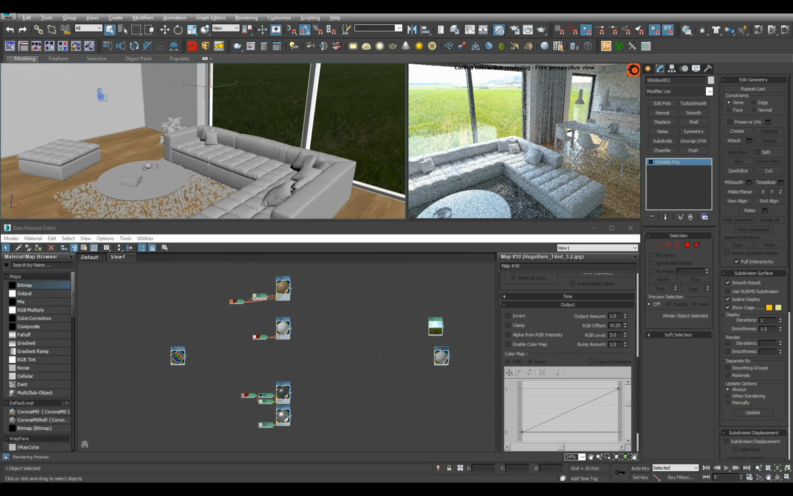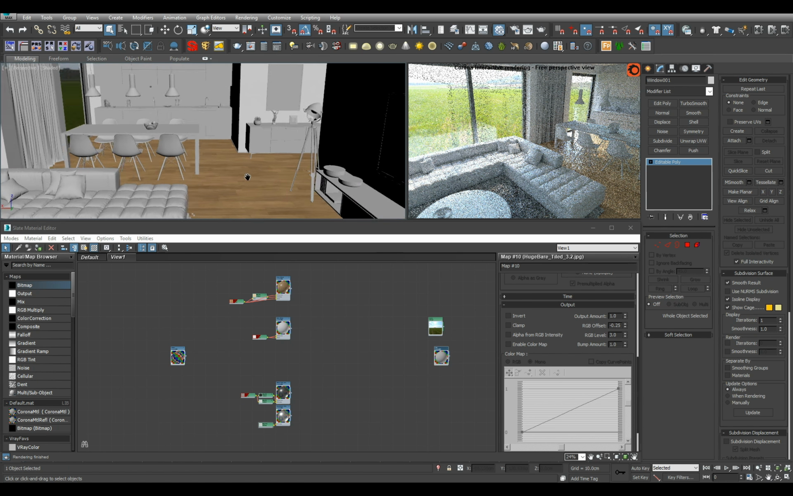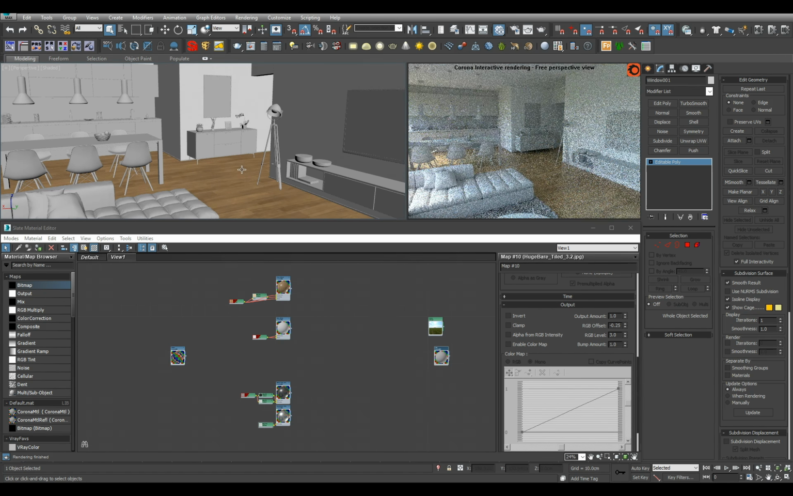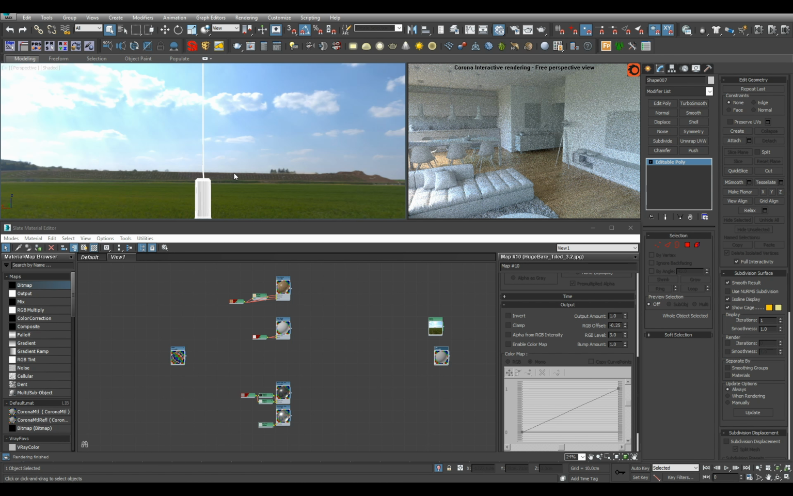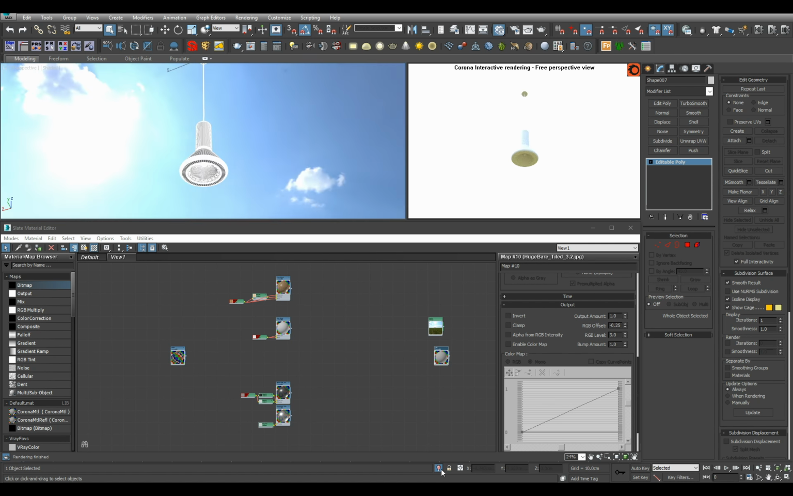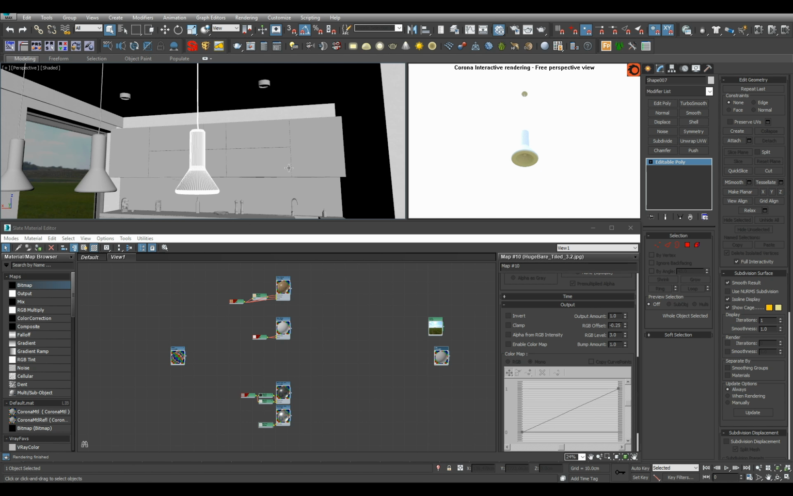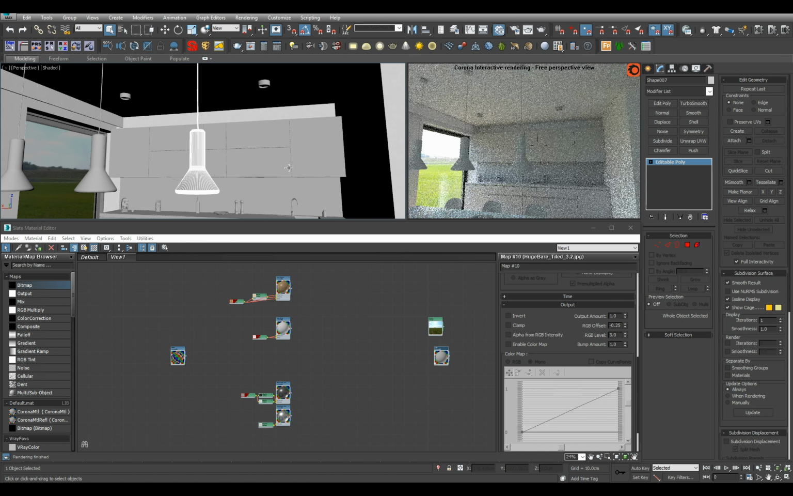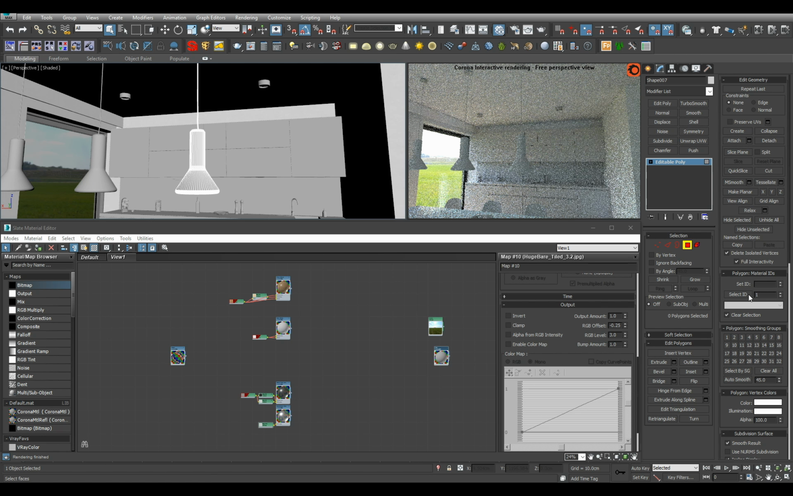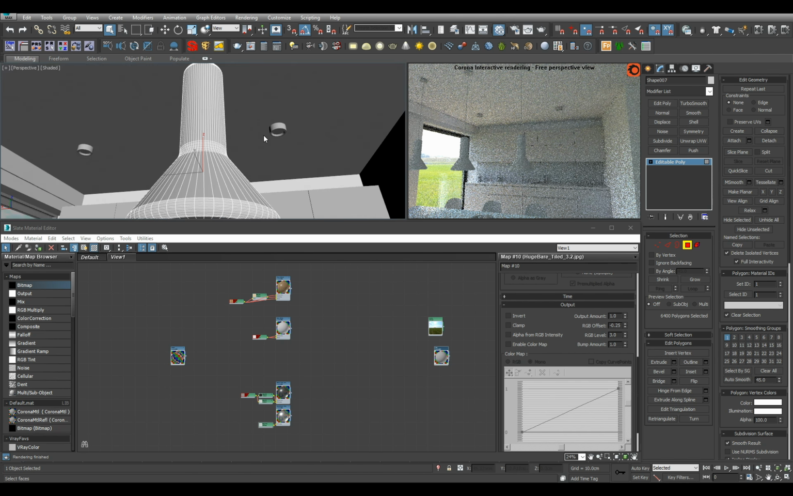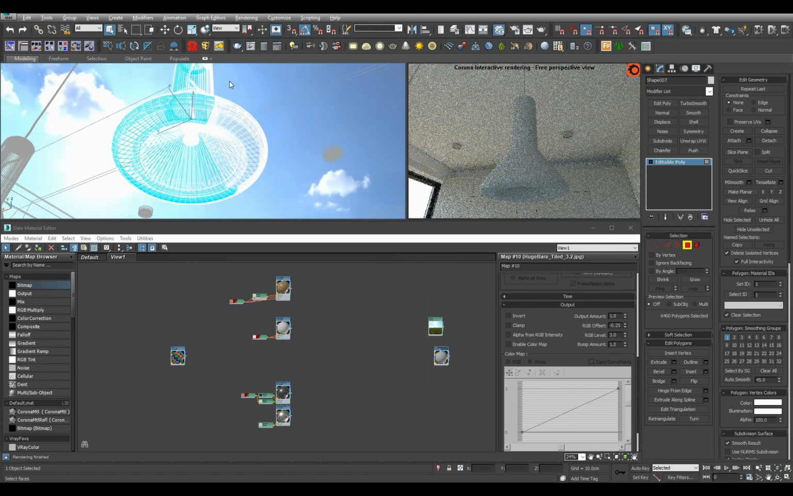What else? Is there anything we could use straight away? Some of the materials we have created for? I don't think so. Oh, look, there's a lamp. Okay, let's go back. Let's quickly check how many subobject materials it has. So 1,